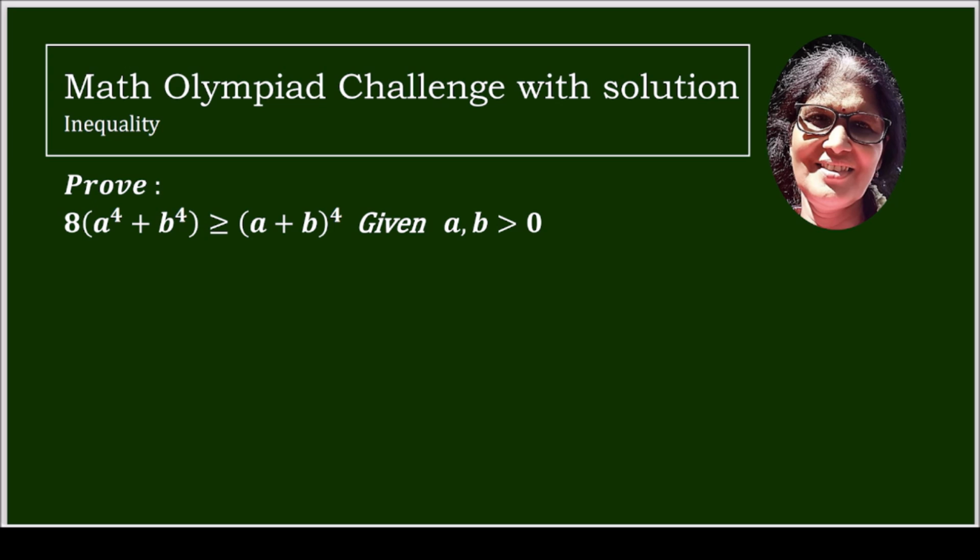Today again a question from inequality. Prove 8 times of a power 4 plus b power 4 greater than equals to a plus b whole power 4, given a, b greater than 0. So when the question is inequality, most of the questions are solved by Cauchy-Schwarz inequality. So today I am taking this form,